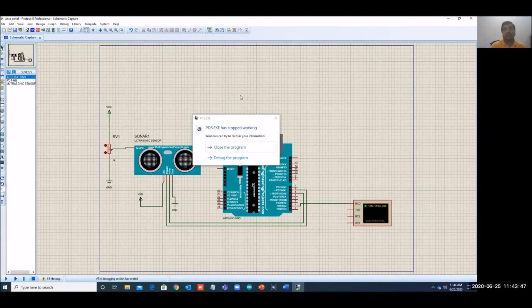Yeah, you can download the software from the internet. And for purchasing, you have to contact Labcenter Electronics. This software is developed by Labcenter Electronics. If you want to purchase the license and software, you can contact them. And if you just want to use the cracked version, you can check on the internet. Some people can download from there, but mostly it is advisable to purchase the software if you are using it for the long term and on a regular basis.